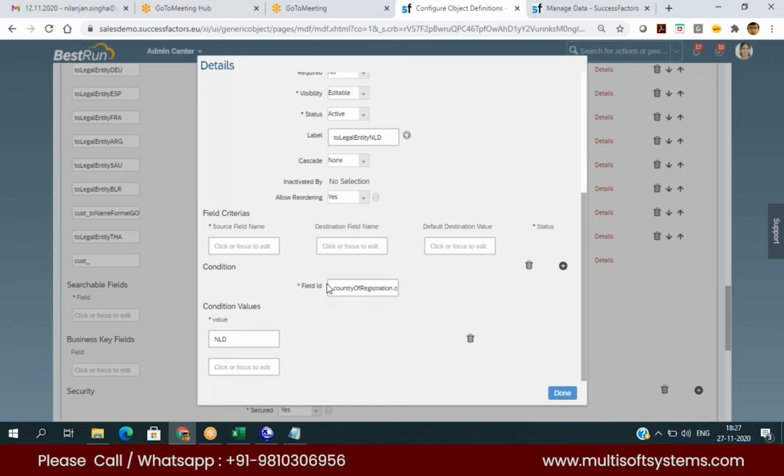यहाँ पे स्क्रॉल डाउन करके कंडीशन फील्ड आईडी। जब कंट्री ऑफ रजिस्ट्रेशन कोड होता है, ये इनका बैकएंड का कोड है, मतलब सिंटैक्स है, कंट्री ऑफ रजिस्ट्रेशन कोड। ये ऑटो जनरेटेड नहीं है, दिस इज लाइक अ सिंटैक्स। थाईलैंड का जैसे मेंटेन किया हुआ था, मैंने वैसे ही कॉपी करके यहाँ पे पेस्ट किया। कंडीशन वैल्यू हमने दिया एनएलडी, तो बेसिकली अभी हमारा कंडीशन ये हो गया कि जब भी हम एनएलडी सेलेक्ट करेंगे तो वो दोनों फील्ड जाएंगे।